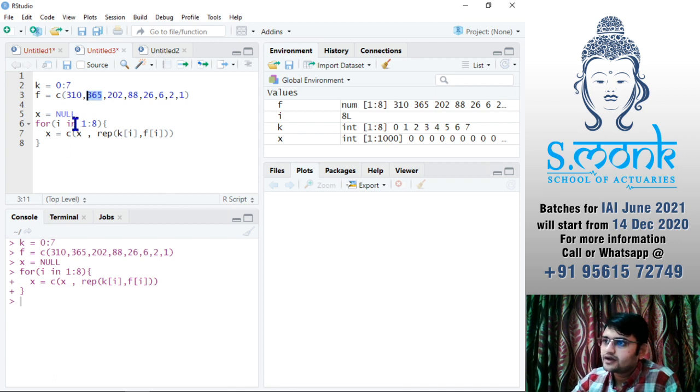Then go back, take i equals 3, k3 is going to be 2, and f3 is going to be 202, and so on. So this is how you will create the sample.